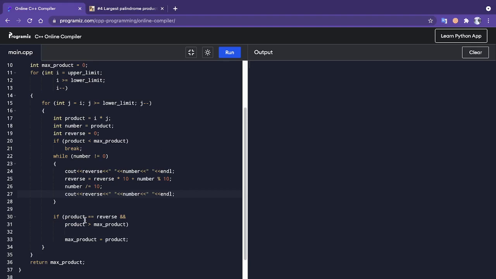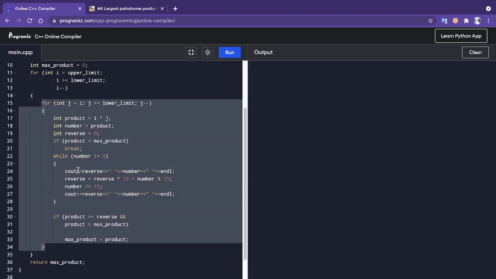I have written an if statement which will check whether the product is equal to its reverse as well as whether the product is greater than the maximum product. If it is, then the maximum product is replaced with the present product. I also have written a simple if statement that checks whether the present product is less than the max product or not. If it is less than the max product, then it will immediately break the inner for loop and return to the next iteration.